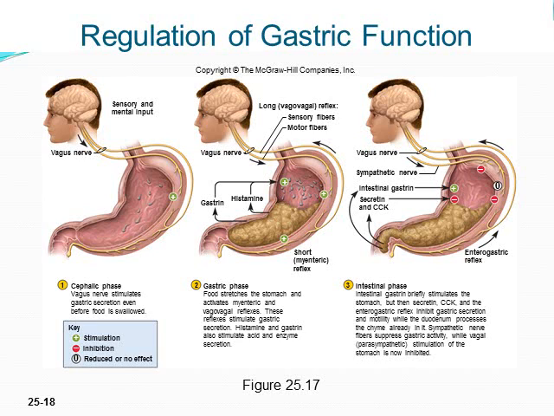Then once the food has been digested enough, the stomach is full and the food is small enough to move from the stomach into the small intestine, into the duodenum. We've had enough chemical digestion that it causes movement of the food, which, as you can see, triggers the secretion of secretin and CCK. That is going to have negative feedback to the secretion of the gastric enzymes. And so that's why this is a great example of that feedback between the stomach and the small